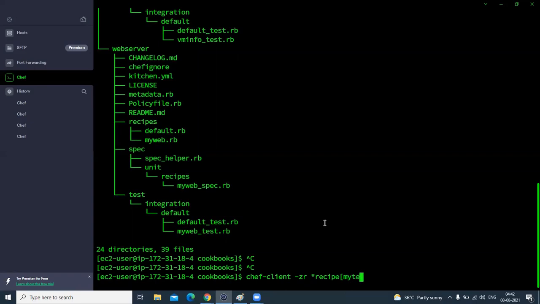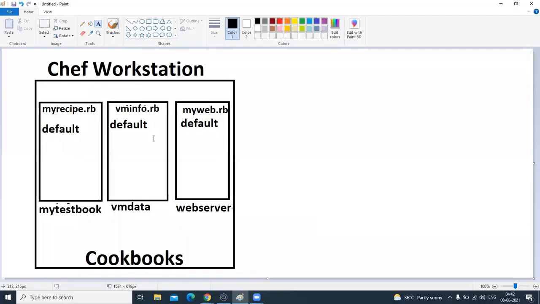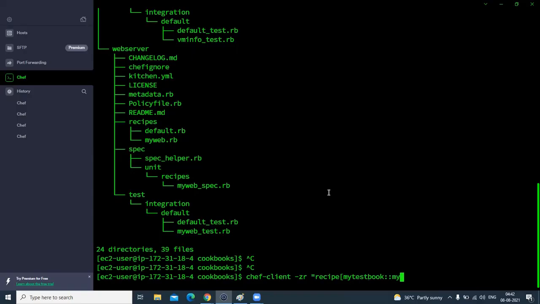My test cookbook, colon, the recipe, and the recipe name is myrecipe, and again close the bracket.